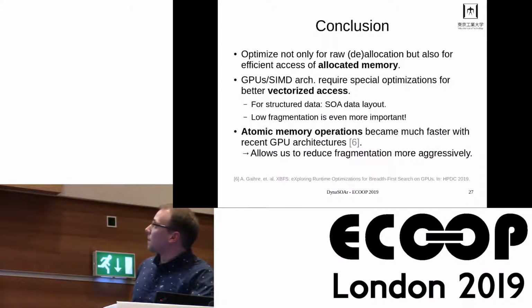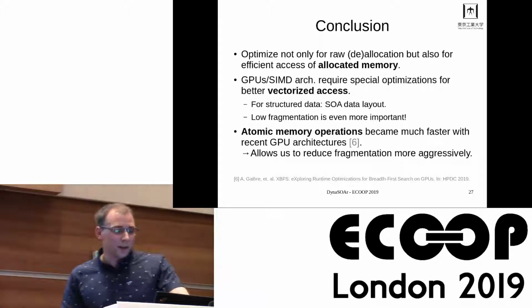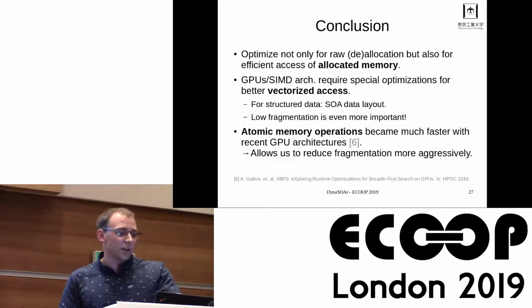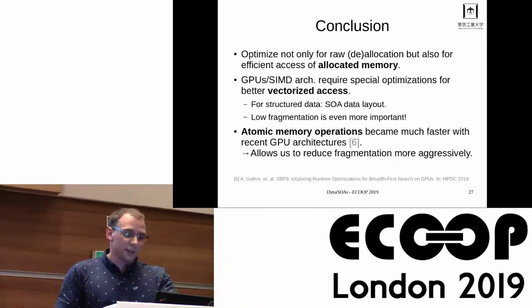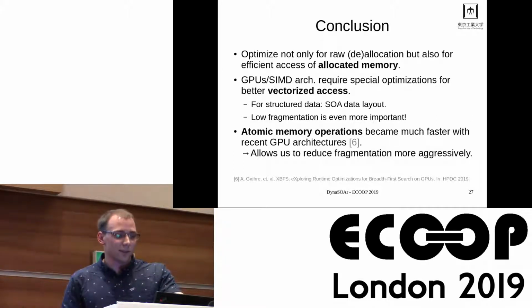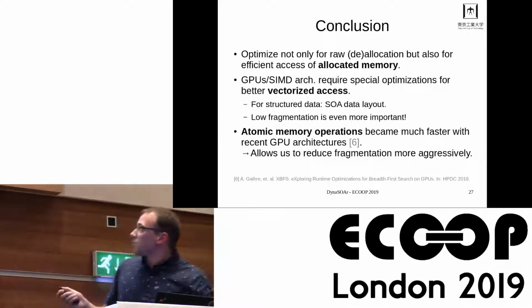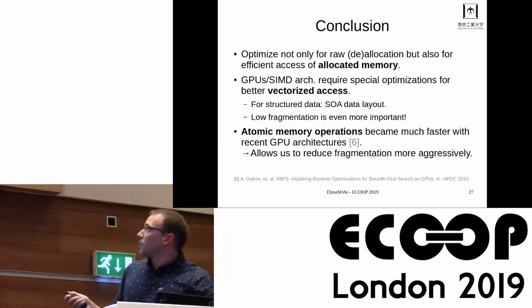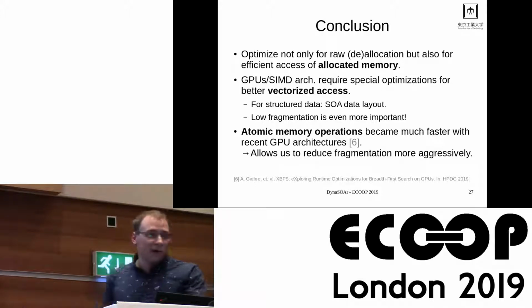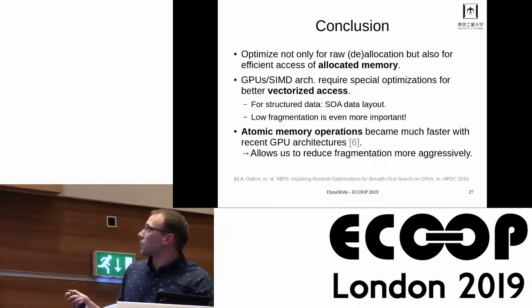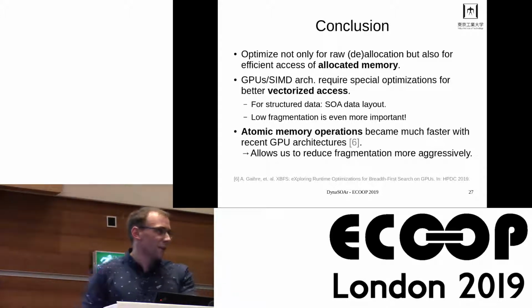As a summary, what we found out is that it is really important not just to optimize for raw allocation and deallocation performance, but also for efficient access of allocated memory. This is the main optimization here. So we have this structure of arrays layout. Because GPUs and SIMD architectures, they require special optimizations for better vectorized access. And one thing that is crucial here is low fragmentation. Because if we have high fragmentation, then this structure of arrays layout becomes less efficient,